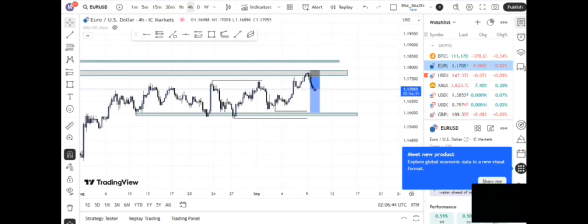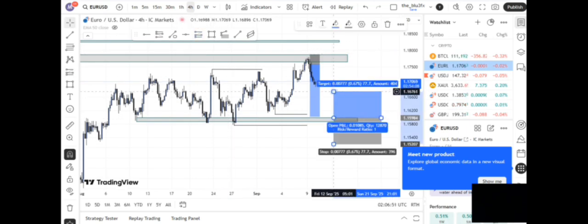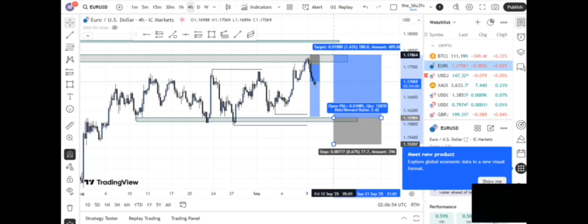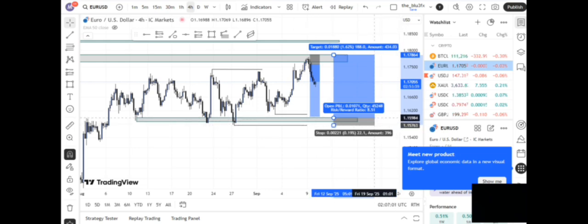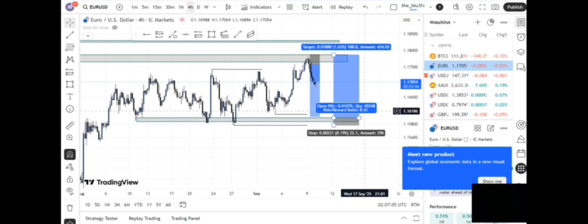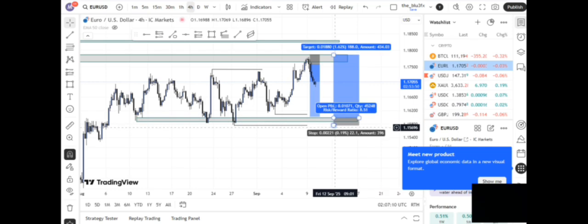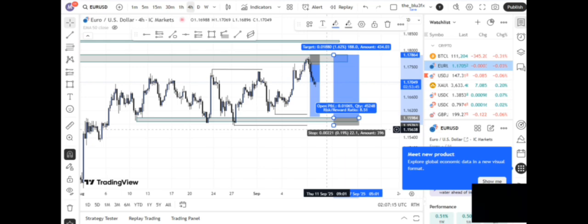Usually I would really love to take a buy from here. It's a very beautiful buy. I would really love to take this buy, but I will not take it. Who can tell me why I would not take this buy? It's a very good buy, 8.51 RR. In fact, let me go analyze it. I'll use this previous low as my stop loss and this previous high as